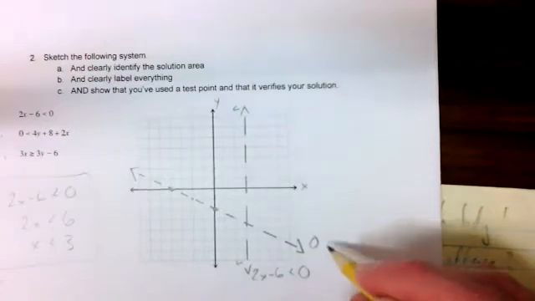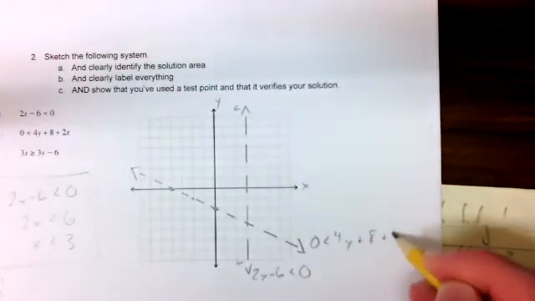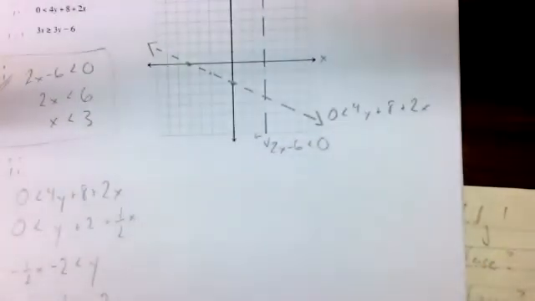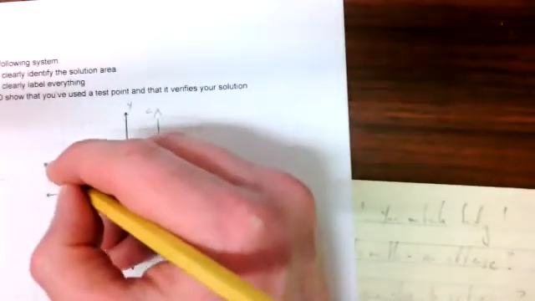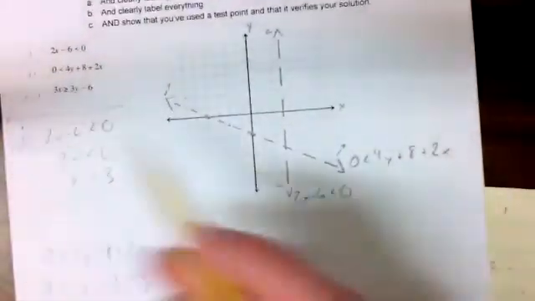This one is 0 is less than 4y plus 8 plus 2x. Now, once we've solved, our version says y is greater than, so that means we're going to shade that side, the up side, the top side. So notice we've got shading over here, shading over here. I haven't shaded yet just because I want to keep it clean, like I said. Okay, so part 3